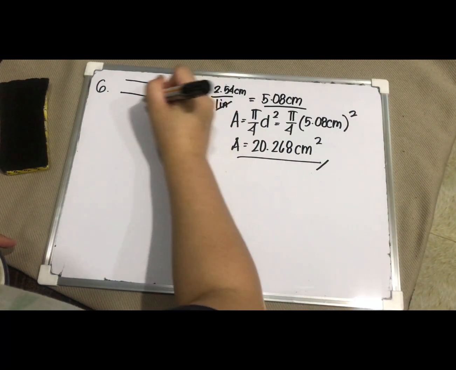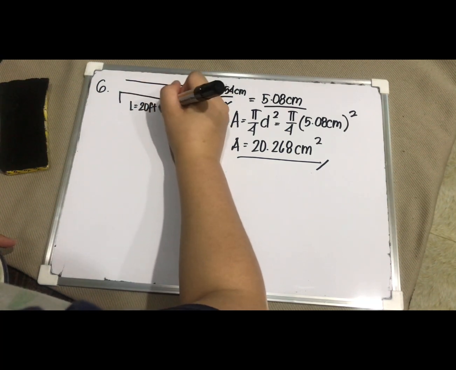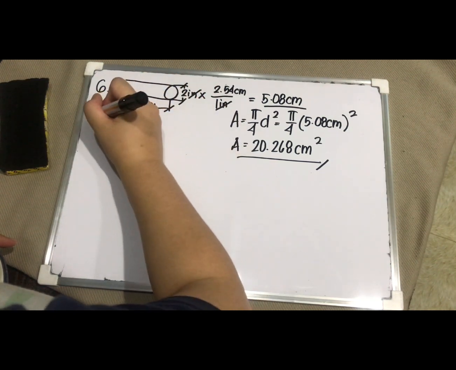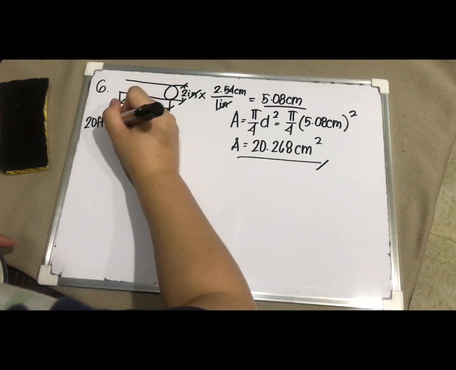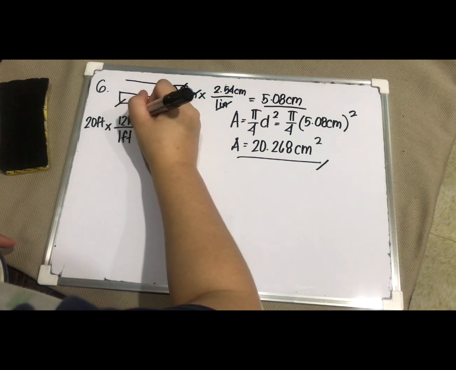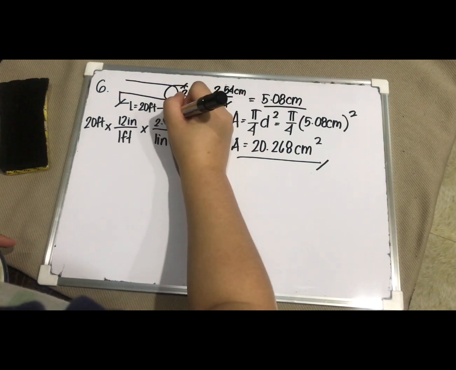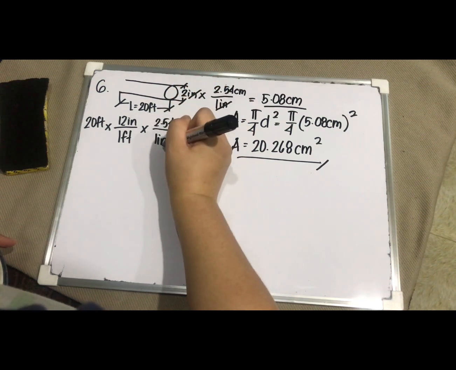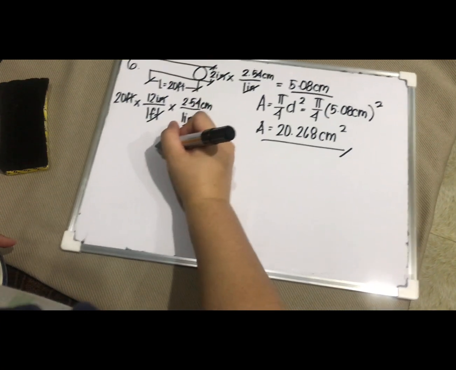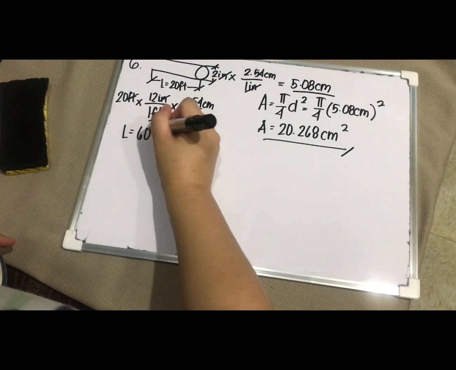Ngayon, sinabi dun sa problem na meron siyang length na 20 feet long. Convert din natin itong 20 feet into centimeter. So, 20 feet, sa 1 foot may 12 inches. Sa 1 inch, may 2.54 cm. So, cancellation of units. Makukuha natin na ang length ay equal sa 609.6